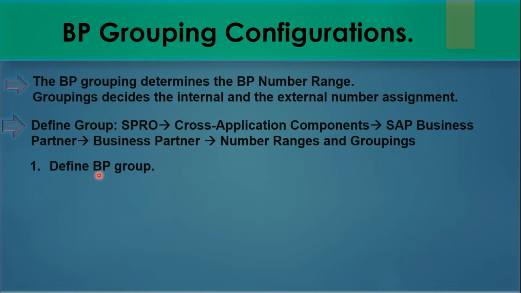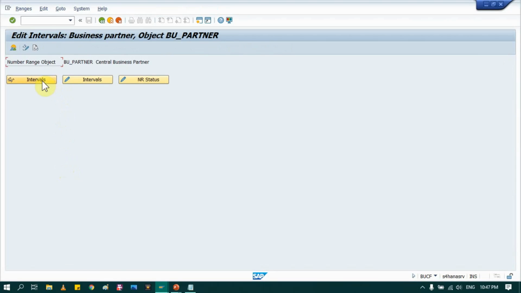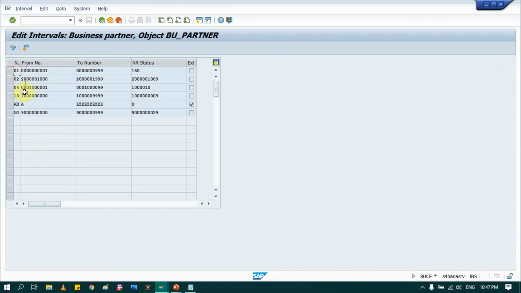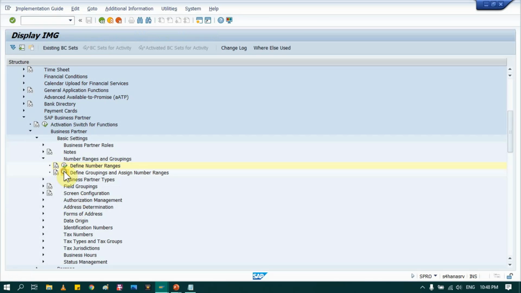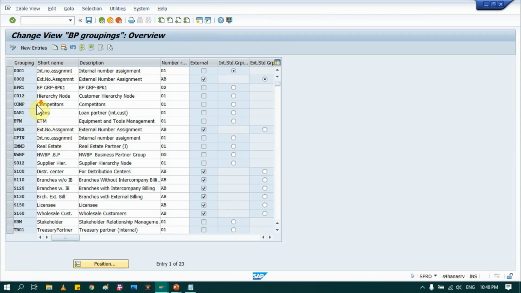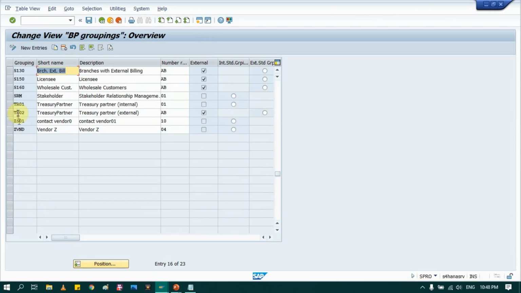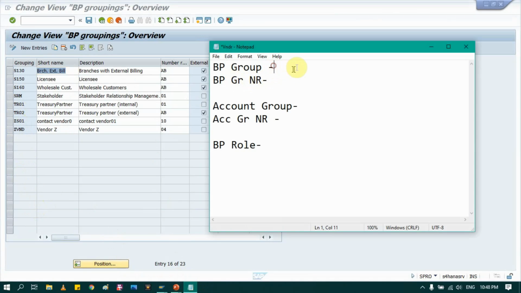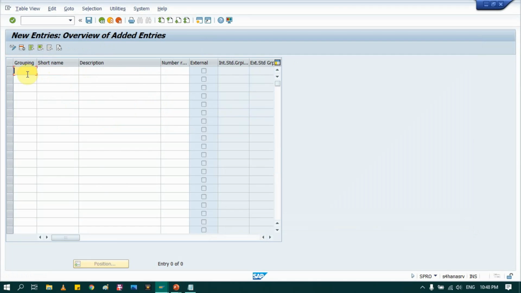So first I will define the BP group. Let's say I want to define a BP group. First I will check which BP groups are available. See, all these BP groups are available here. Vendor is not available, so I will define a BP group here as VNDR. It's easy. Just click New, then provide your vendor